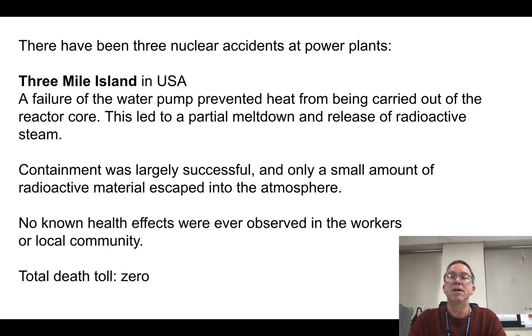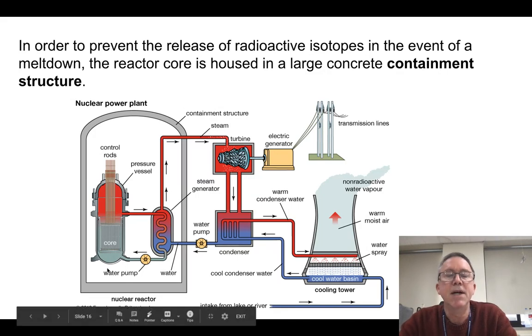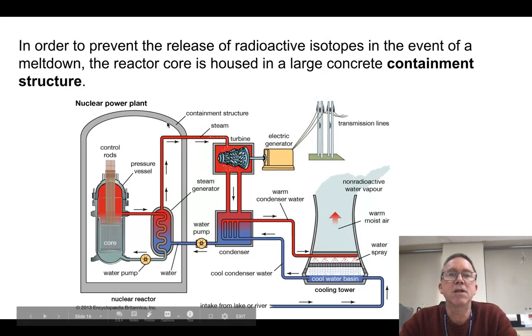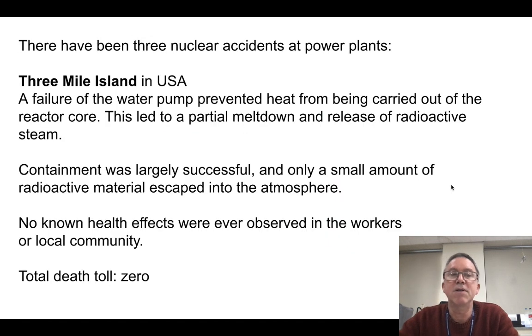First one happened near where Mr. Paul's from. Happened in a place called Harrisburg, Pennsylvania, at a place called Three Mile Island. Now, basically, there was a water pump. I believe they were doing a test, and something went wrong. And basically, they didn't pump water through it correctly, so it got so hot it melted down. Now, in this case, it did just like I said. Basically, this got so hot it melted through. There was a steam explosion. The steam explosion was contained. Some of the steam escaped into the environment, so there was some release of radioactive material, but most of it stayed within that containment structure.